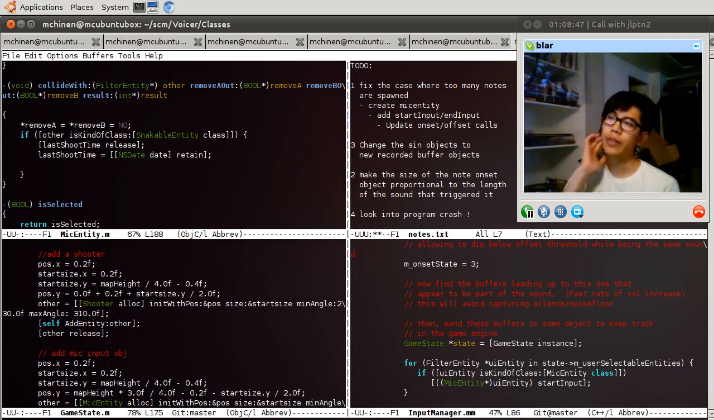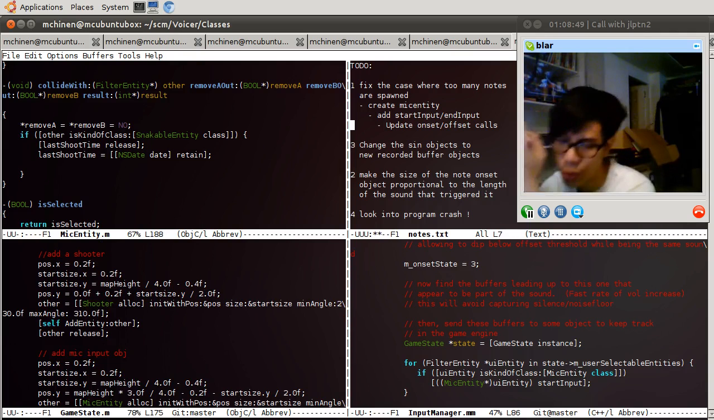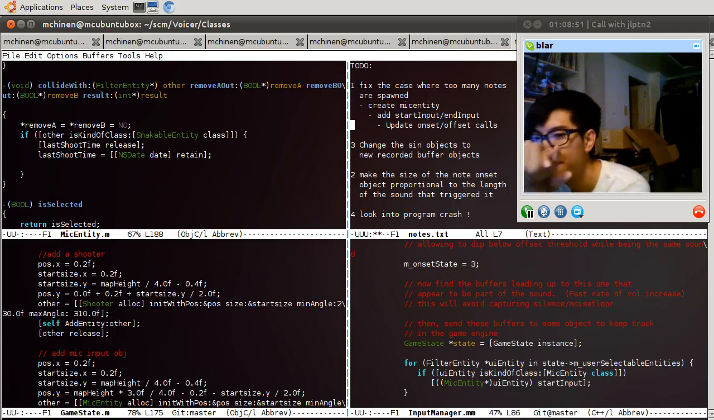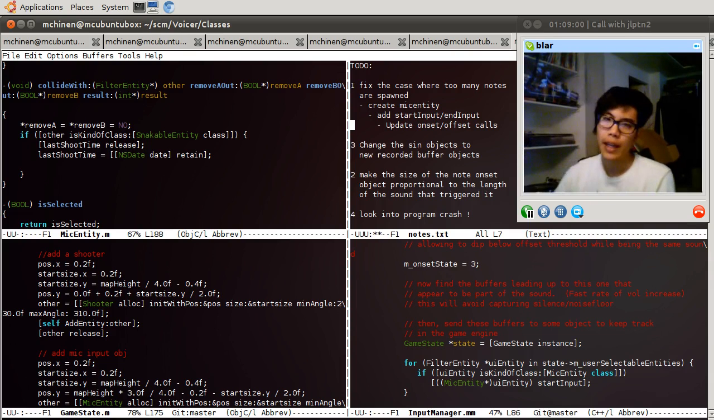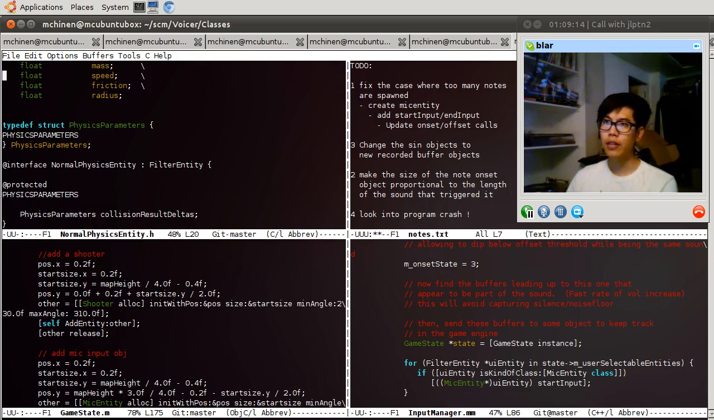So now we have to figure out how to grow the objects. And this is a little tricky because there's a lot of places that you could do it. I have to check that within sign object there's a simple way to grow the object. And I think I can just change the size variable. That might be a part of normal physics entity.h. Yeah, there's